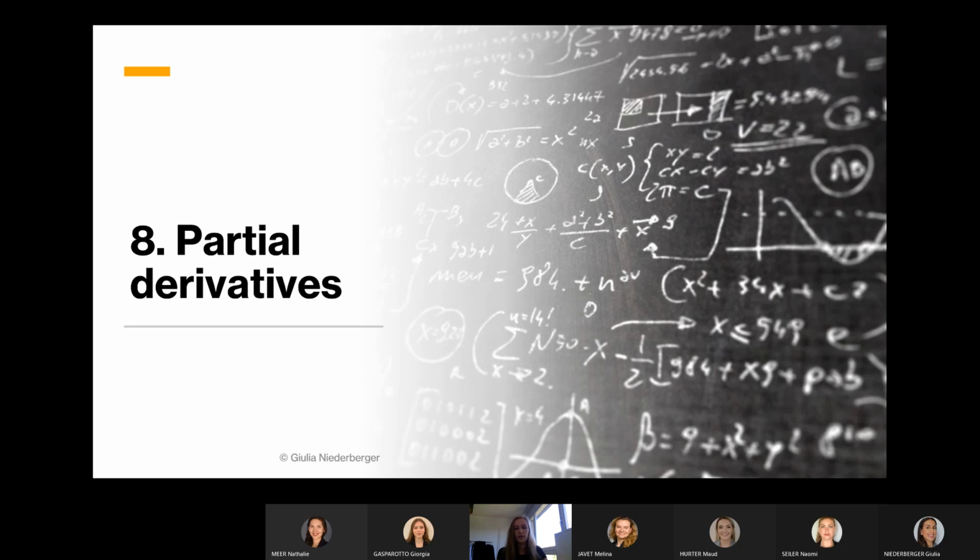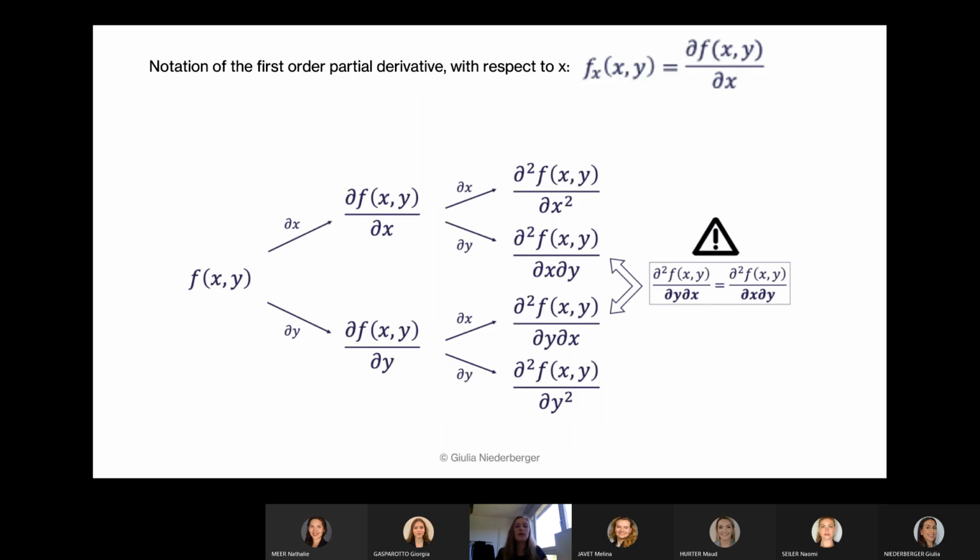Then to the partial derivative. So first notation, as you can see on top, it's a bit different than it was with only one variable. Now it's written this way. So down here, you always have to specify which variable you are considering in your derivative. So if we're taking the derivative with respect to x or to y. In this case, it's with respect to x. Or you can also write it by just putting the little x right next to the f. But don't use these little dashes that you used for one variable,